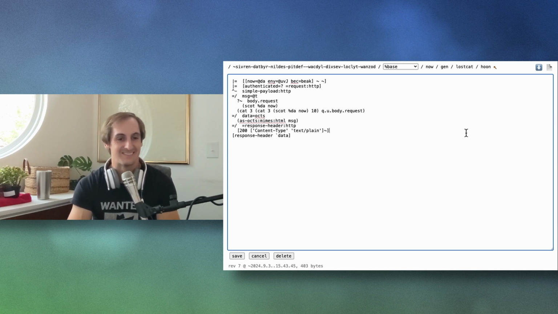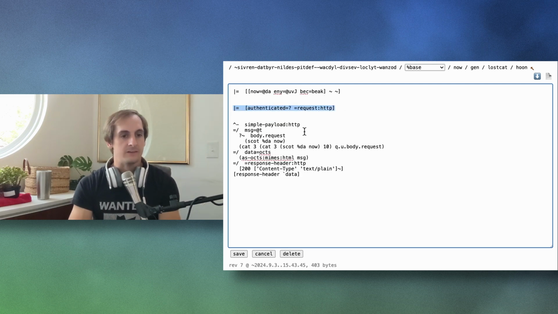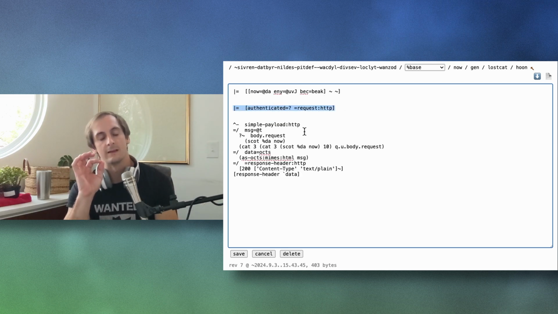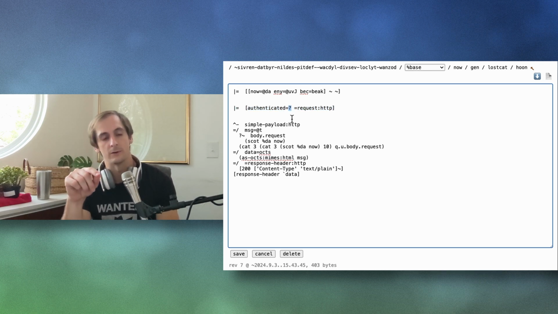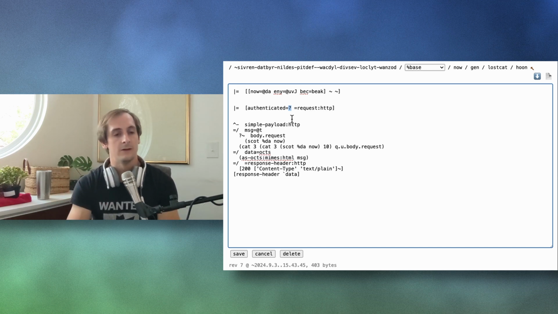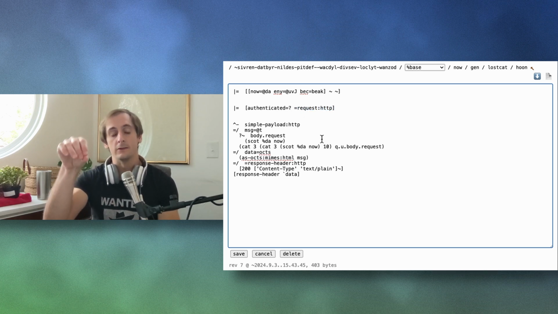So back in Landscape, let's do something kind of interesting. So this line right here, this means there's going to be two things that you can call this: authenticated, and it can either be true or false. That's what that question mark is going to be. Yes or no. Is this request authenticated, yes or no? That's useful to know. And you'll also get a thing called a request, and you'll be able to go in there and look at some stuff.